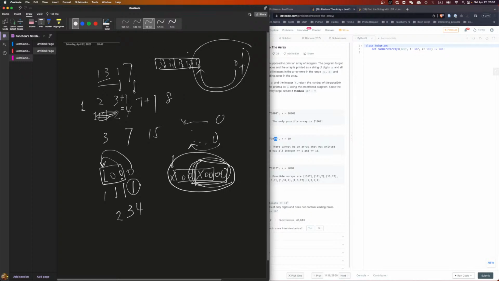From front to this position, everything. I need to know everything here. And then I go to this, that I need to know everything here. But then, you know what? That's fine because I can build the prefix sum based on this. Right? I just need to know the prefix sum